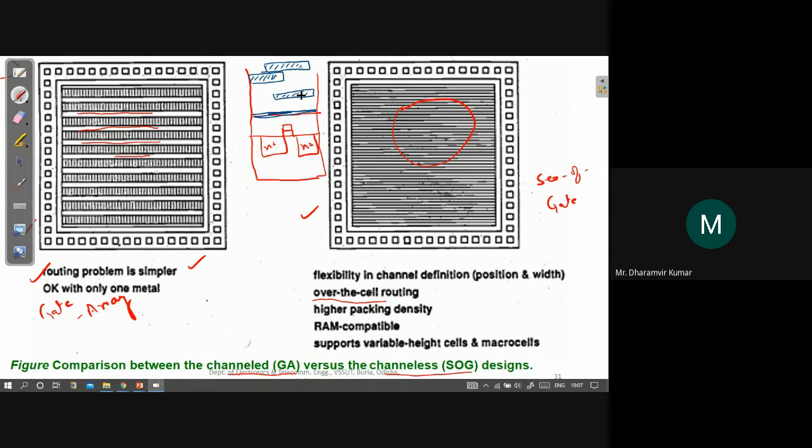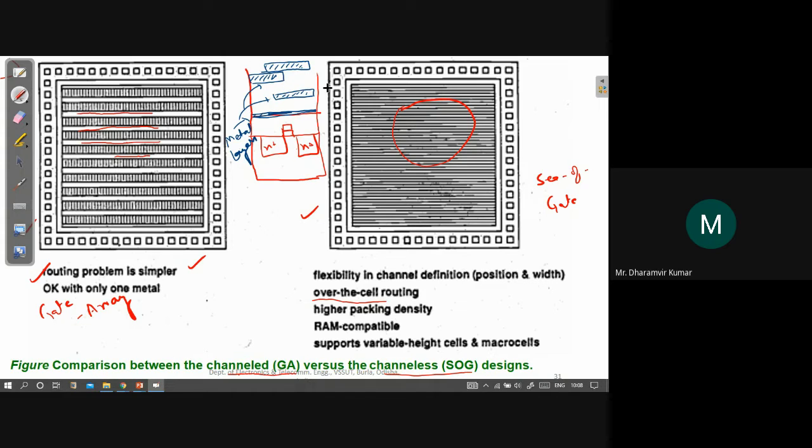All of these metal layers are used for connections between the components present inside the chip, and the chip will contain a huge number of components. So it's not sufficient to have just one metal layer. Generally we have more than one: two, three, four, five, six, like that.